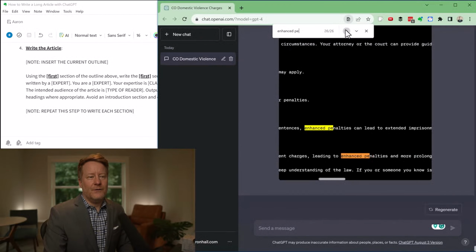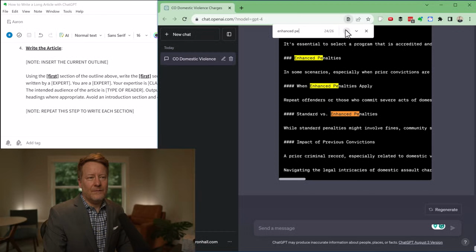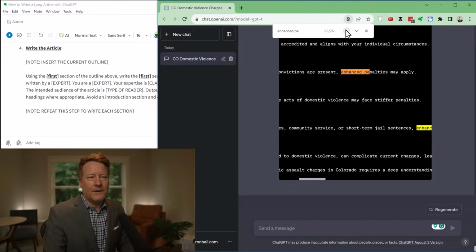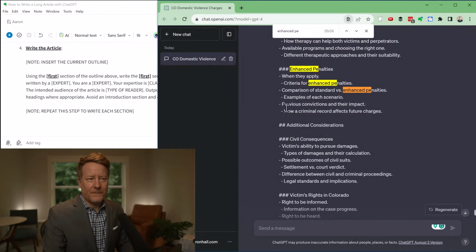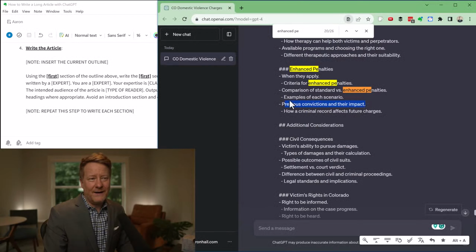So we're going to look for the most recent heading. Okay, that is correct. So previous convictions and their impact was the last subheading we asked it to write about.